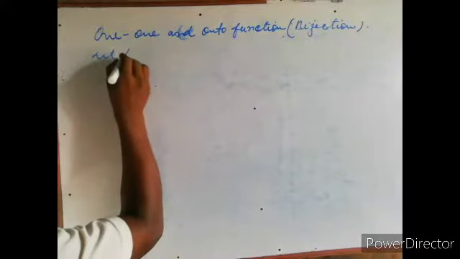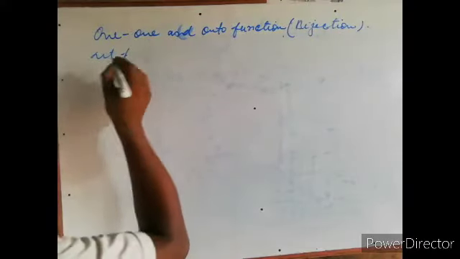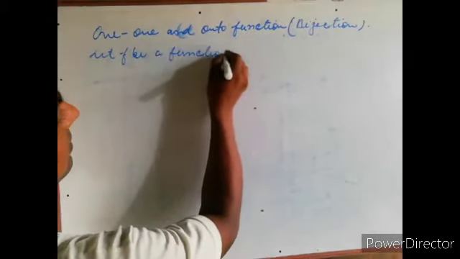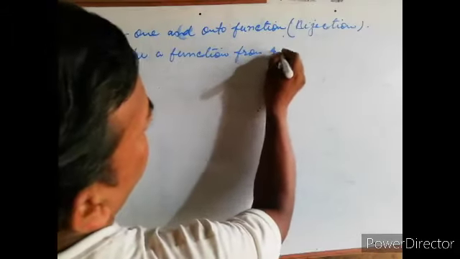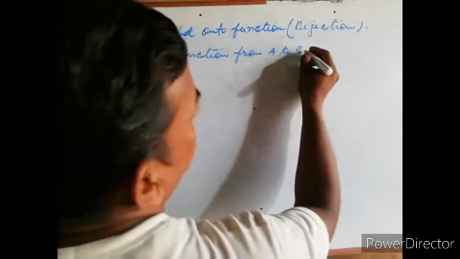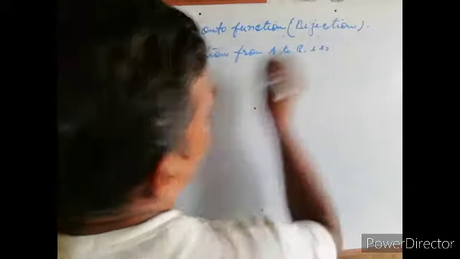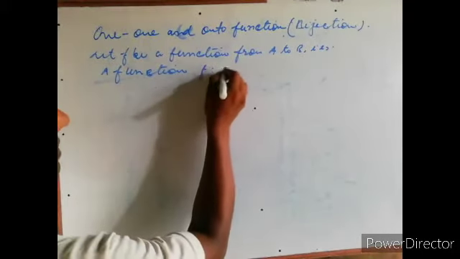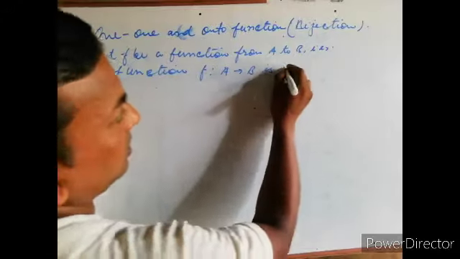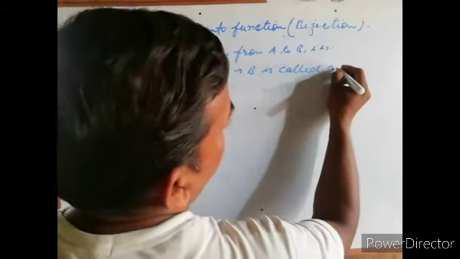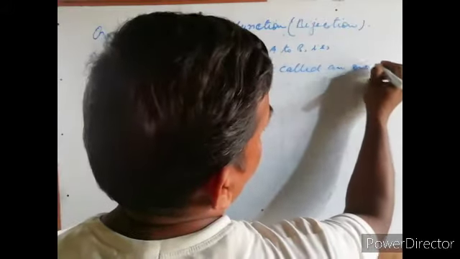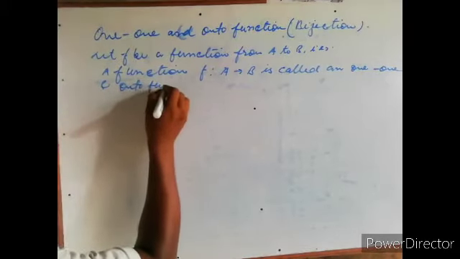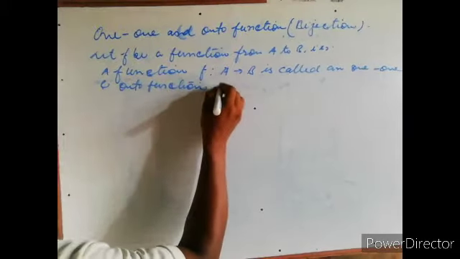Let f be a function from a set A to the set B. That is, a function f from A to B is called a one-one and onto function if